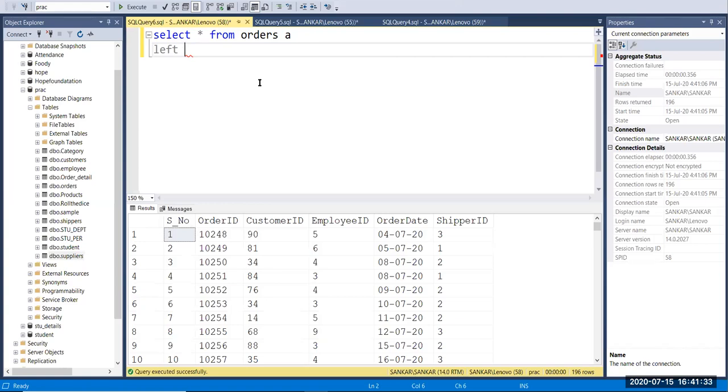You can also use inner join, right? Here we have two or more rows for a single customer ID, so that's why I'm using left join. I want to connect the entire data into the customer table, employee table, or shipper table, so I have to use left join for that.